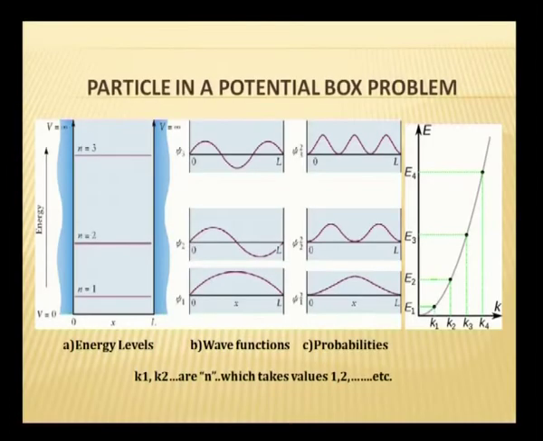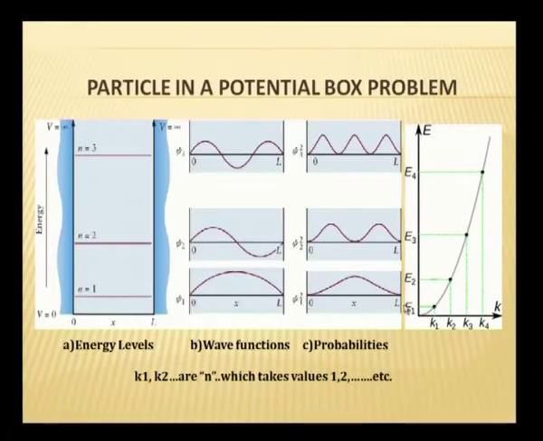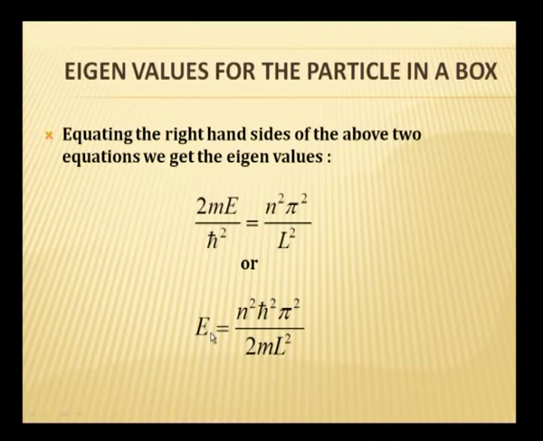But in quantum mechanics, these displacements psi cannot be seen. What can be measured is only the complex conjugate multiplied by psi. Psi square can be measured. What can be measured in the laboratory is psi square. And again, this diagram is of considerable interest. It shows the energy eigen values are proportional to the k values: E equal to h bar square k square by 2m, as I showed in the last lecture.